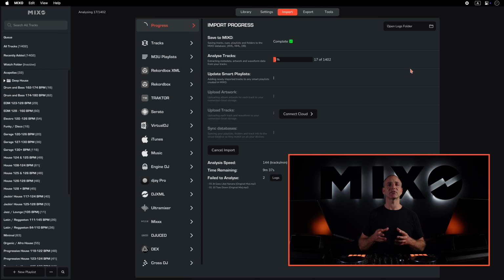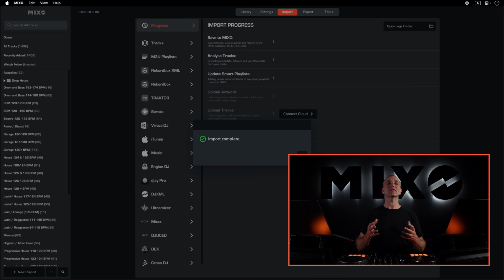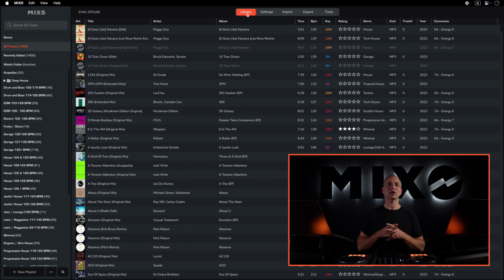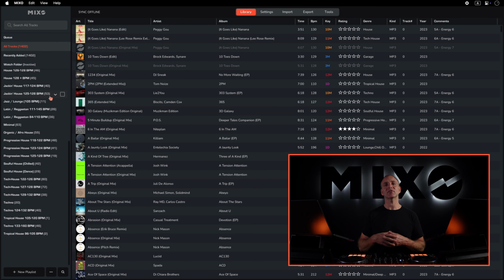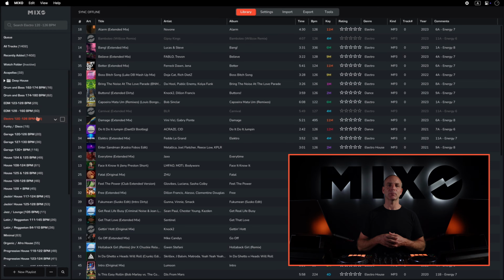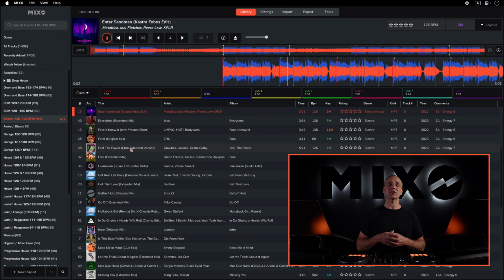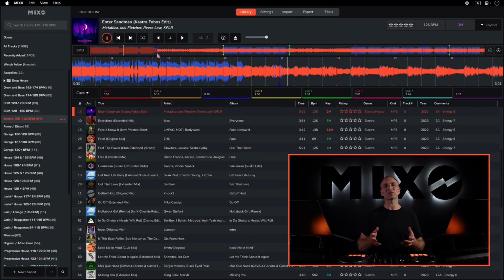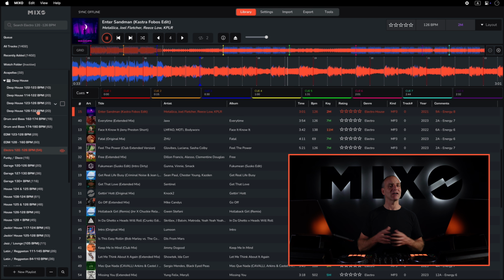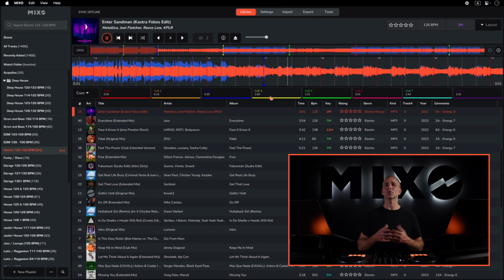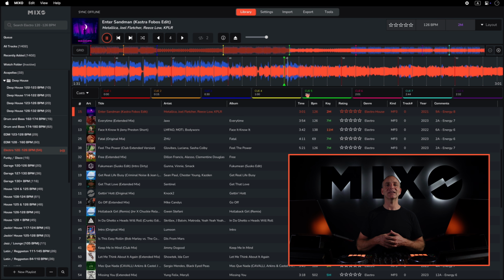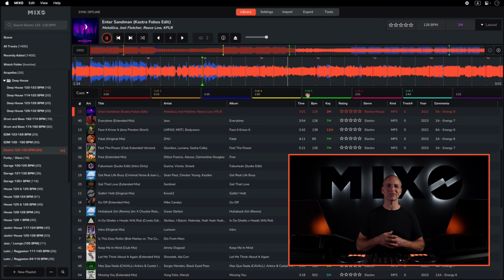This import is going to take a bit of time, depending on how many playlists you choose and how big your library is. So you might want to get a cup of tea or even leave your import overnight. Once the import is complete, we can head over to the library in Mixo and you'll see all of our playlists, tracks, cue points, loops, and album artwork have been imported from DJ Pro. We can now use Mixo as our main DJ library. Mixo lets us edit our playlists, import music from other DJ software, sync our entire DJ library to the cloud, listen to all our music on all our devices, and export our library to other DJ software.